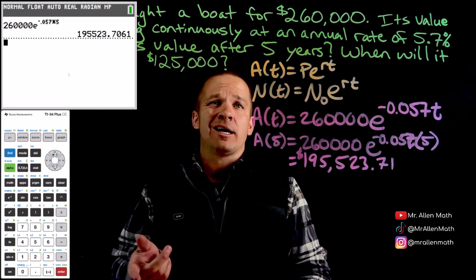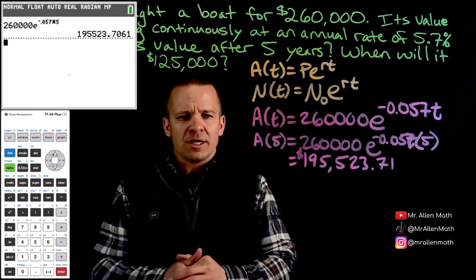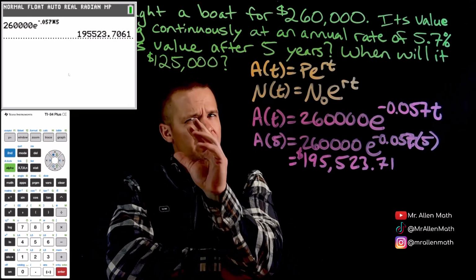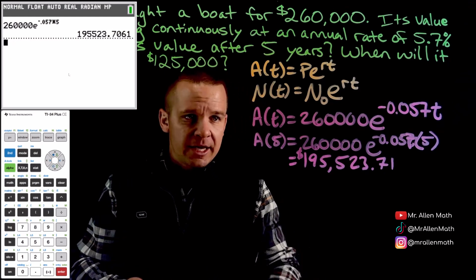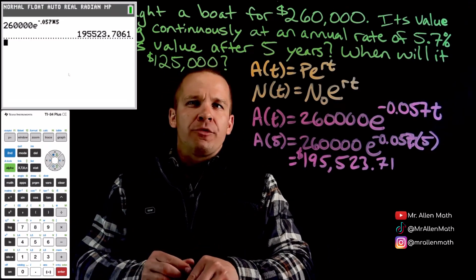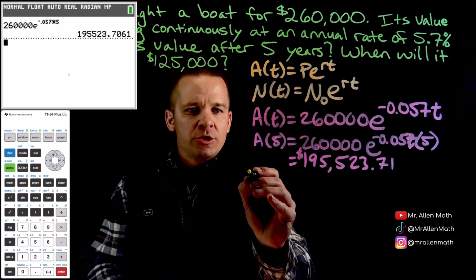Now, we also ask, when is it going to be worth $125,000? That sounds like we're solving for time. I've never done that before. Or have I? Oh, all right. So let's see here. When is it going to be worth $125,000? That's my amount of money after a certain amount of time. So why don't I say